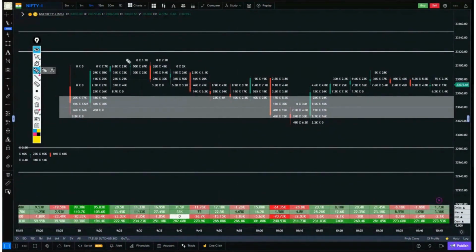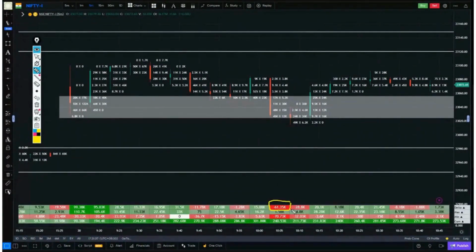Let's see what happened on the pullback. It came on a good pullback, but there was no interest from any sellers anywhere. That we could say the trend has changed. A trend change means if there is large buying and then large selling happens, we can say the trend has changed. But nowhere was there a negative delta around 30. It came on a good pullback, held.